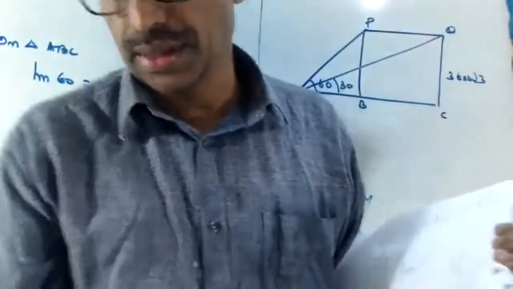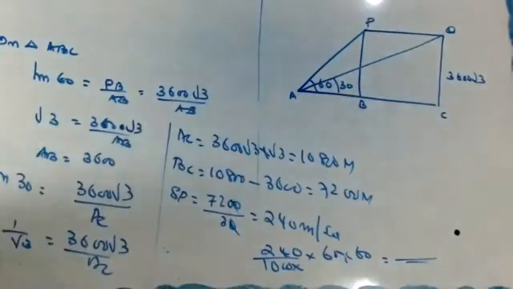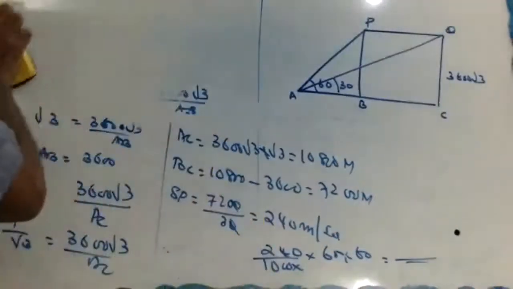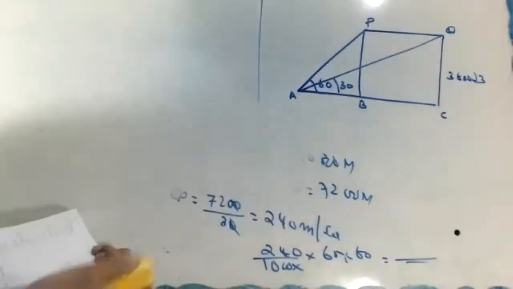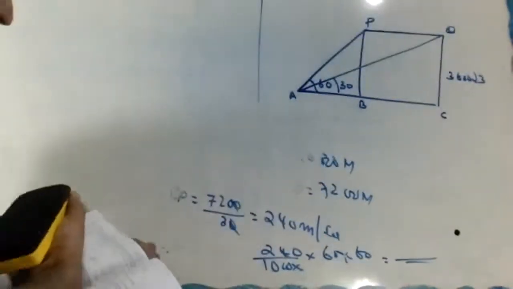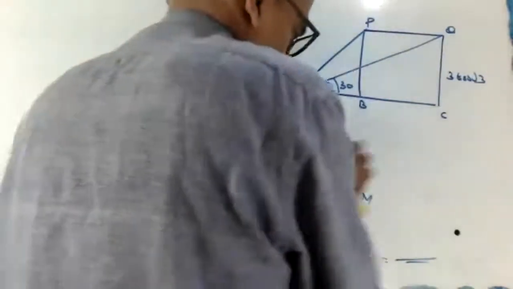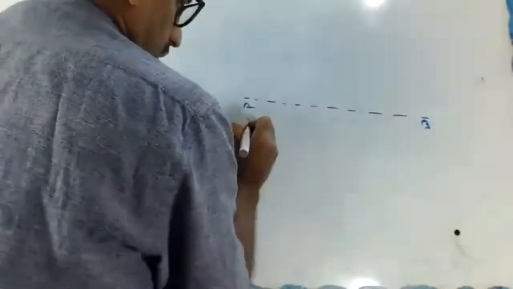Okay, listen here. Don't write, just listen. I'll give the note. Don't write anything. Here is the cloud. Here is the lake. AB is the surface of the water. This is the lake.